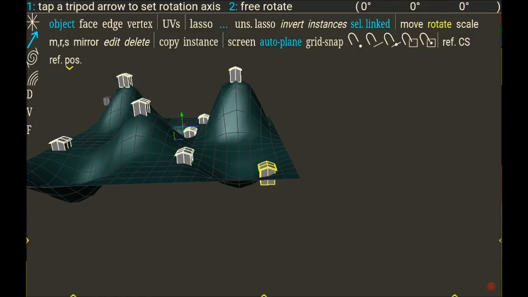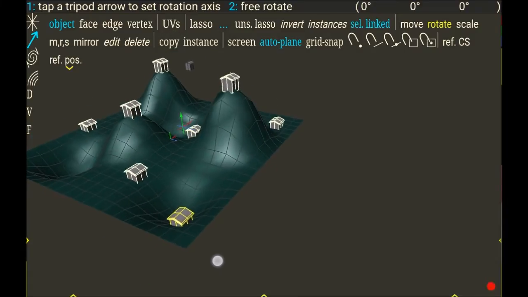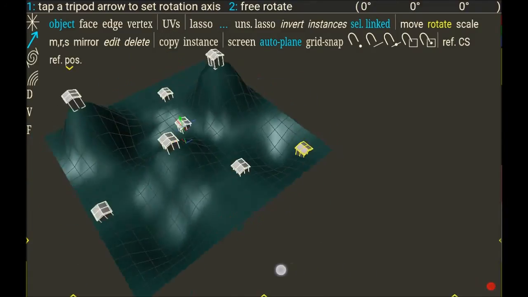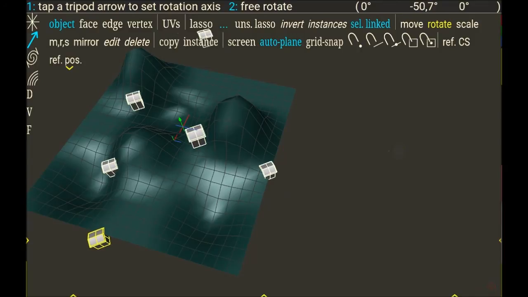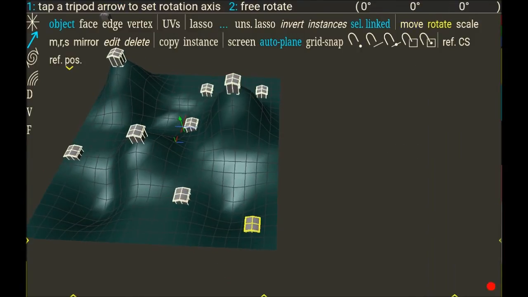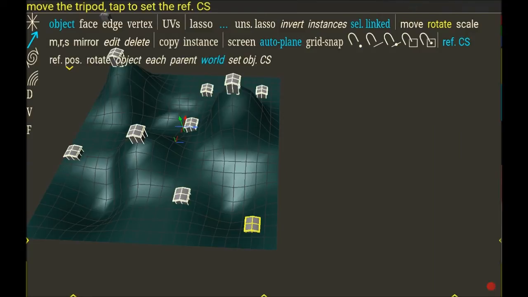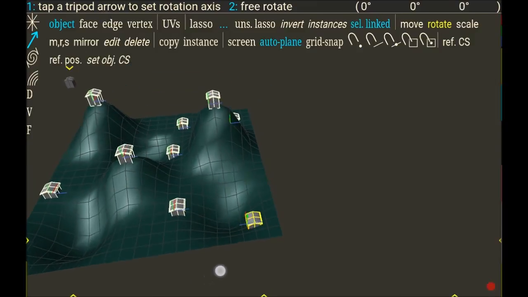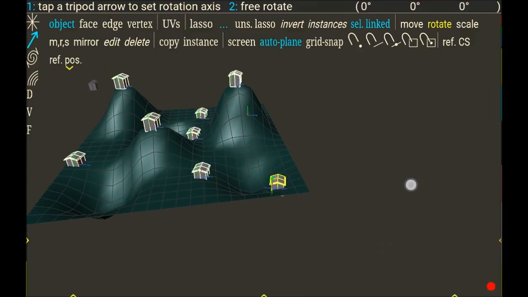If I choose rotate, now it will rotate from the center, from the pivot point, like this, not good. So I go back, but if you choose rotate and you go to the referential coordinate system menu, now you can choose each. So now everyone will rotate from its own center of position. The center of position wasn't on the vertex we selected at the end, it was at the corner of the house. So that's why, but you can move it